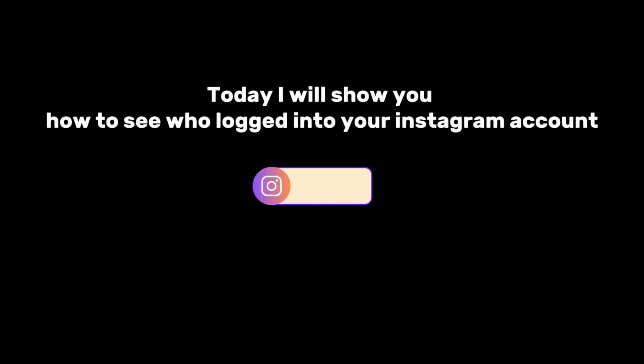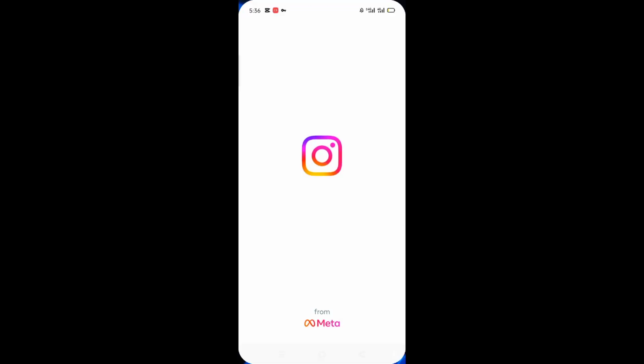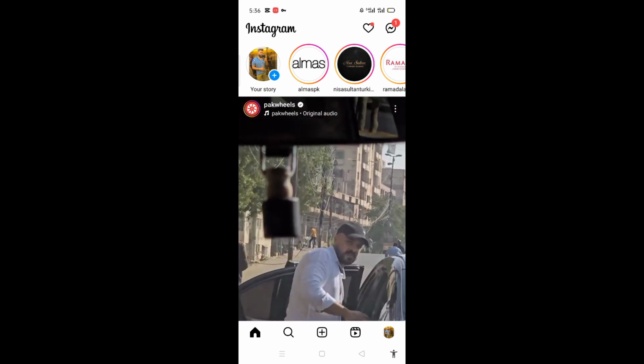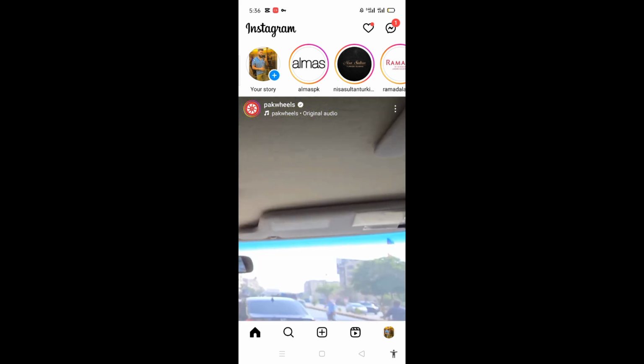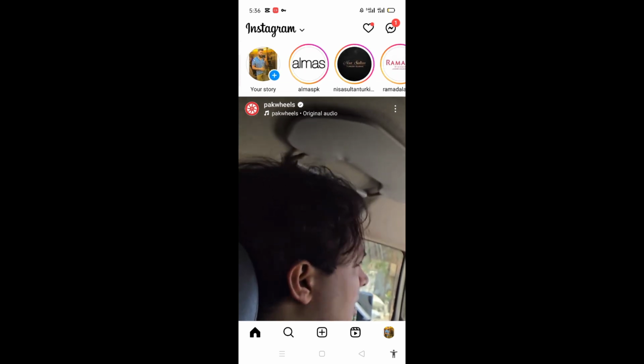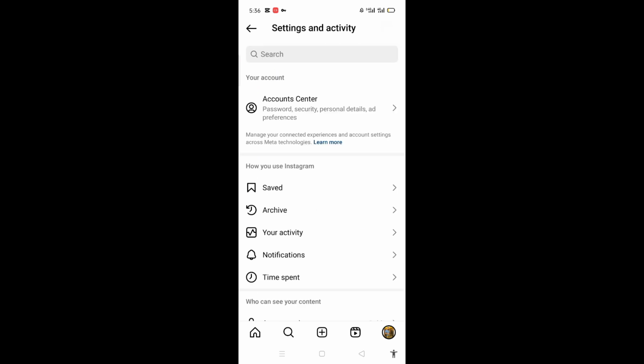Today I will show you how to see who logged into your Instagram account. So you can open the Instagram account and you will just tap the profile icon at the bottom right, and you will have to click the three horizontal lines of settings at the top right corner,